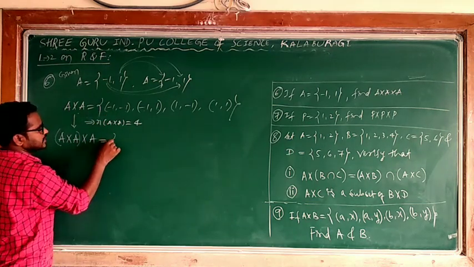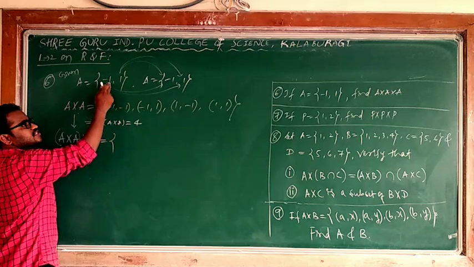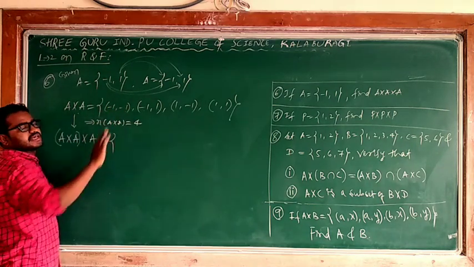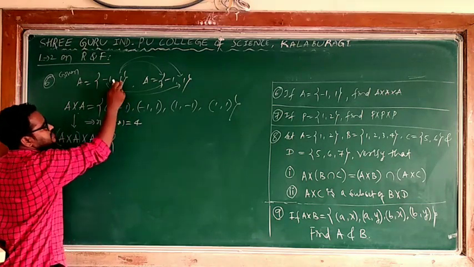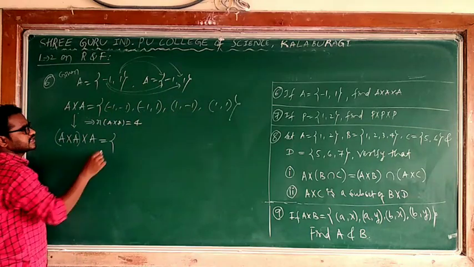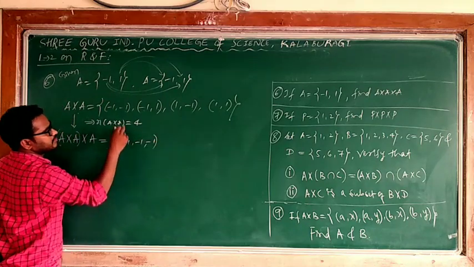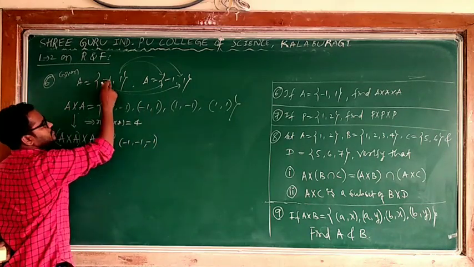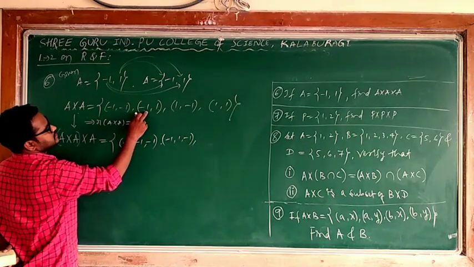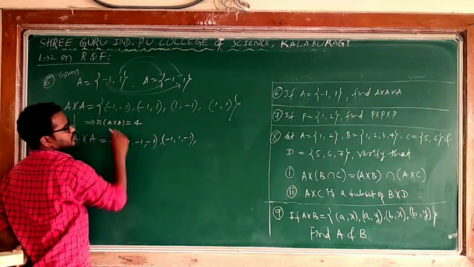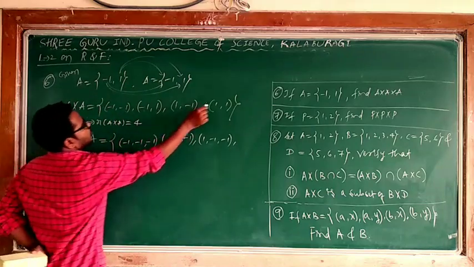Now I can write. Now see. Nothing is out of this. We have all these 4. In these 4, once you insert first minus 1 with all the ordered pairs, it will become an ordered triplet. Then later I will insert the second number with all the ordered pairs. Once I insert minus 1, yes, I am multiplying with this one. Minus 1, plus 1, minus 1; then with minus 1, 1, minus 1, minus 1; then 1, minus 1, minus 1; then 1, 1, minus 1.